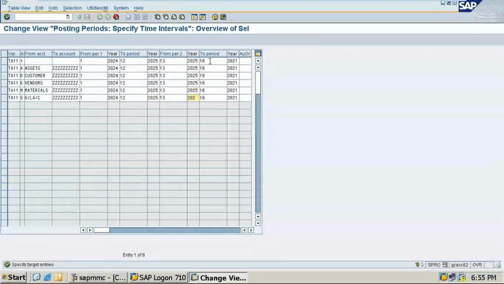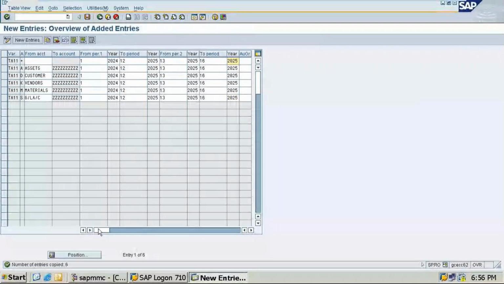Okay. Then here also you need to change. Fine. All it is done. So first one is from starting is 24, then period 25, again 25, 25, 25. This you have to do and click on enter key. So number of entries copied is 6. After this you have to click on save. Understood, students? You have to press enter and save with the customizing request.